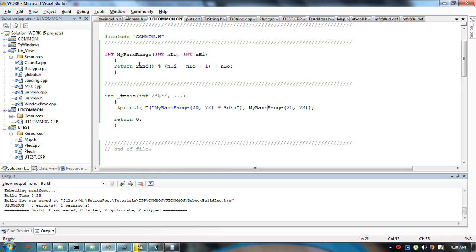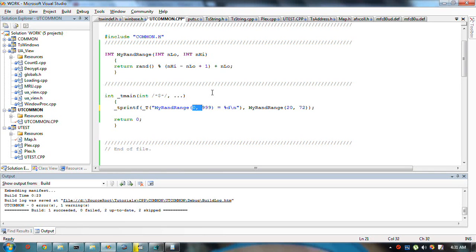You can prove that because this thing can only be between 0 and high minus low, right? The plus 1, for instance, an example would be, here's